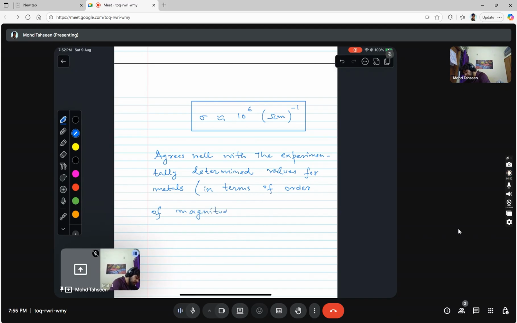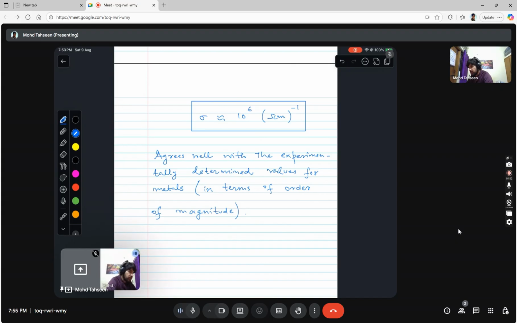So this shows the applicability or the success of the Drude model in explaining the conductivity of a metallic specimen, and it does so by treating the electrons as a gas cloud, obeying the ideal gas equations. Now the only catch here is that this is not always applicable,